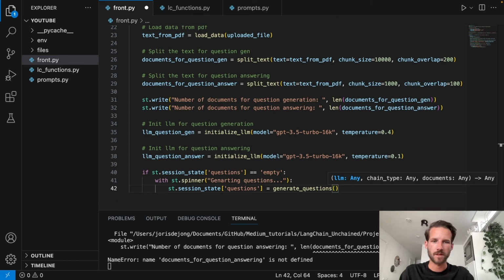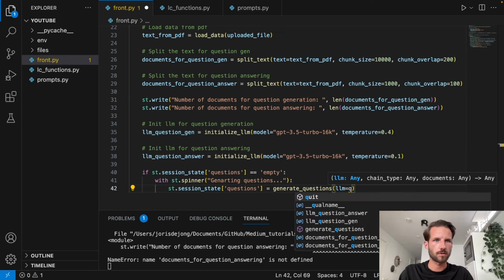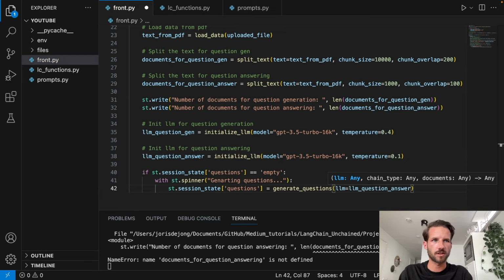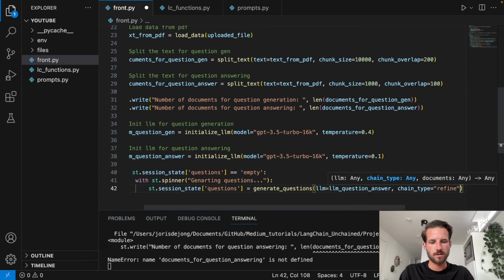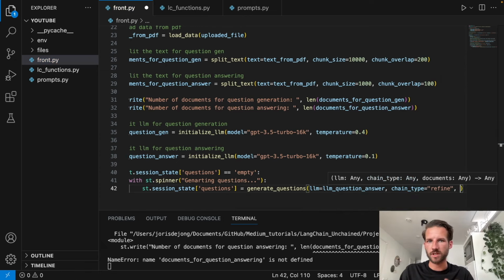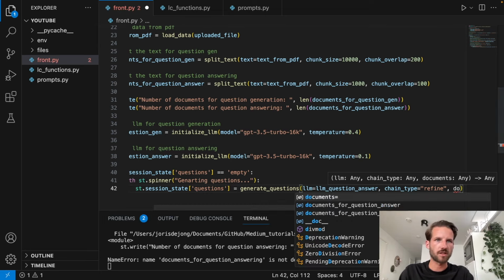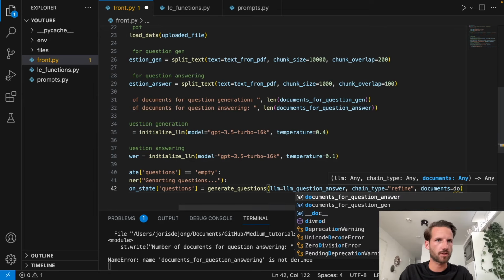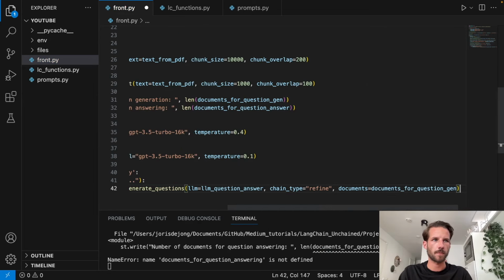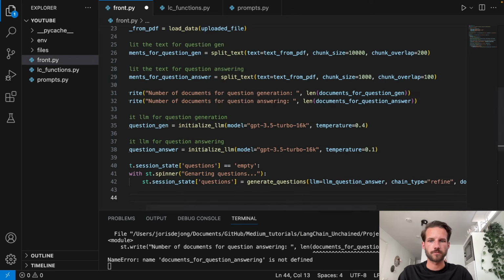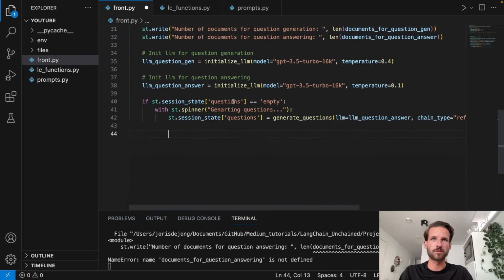And so we'll set the LLM to the LLM question answer, the chain type to be refine. And there are 4 different chain types. I would recommend checking out the LangChain documents to see what's the difference. In our case, refine works best. And then we'll set the documents to be document for question gen. So that's actually it. Now it will already be able to generate